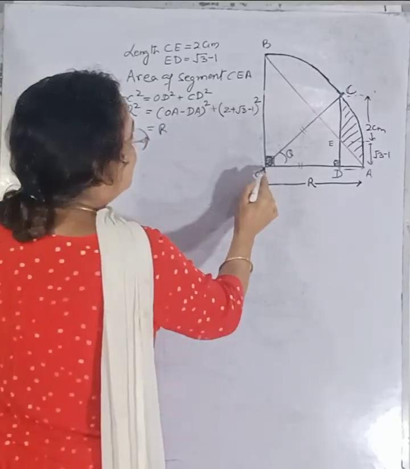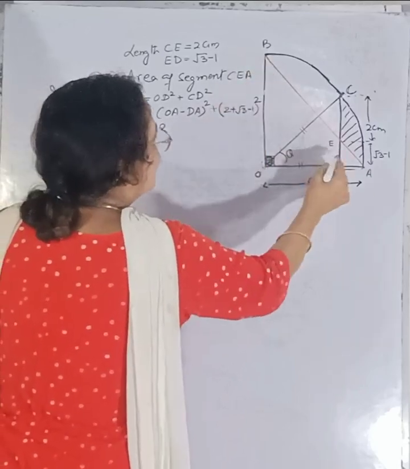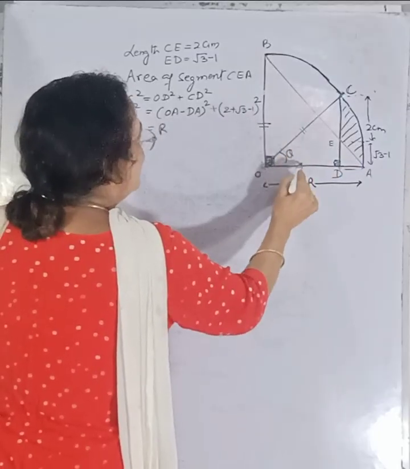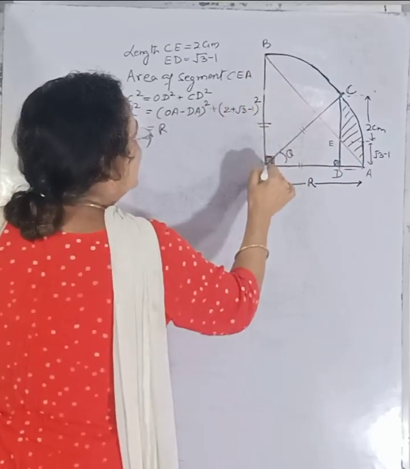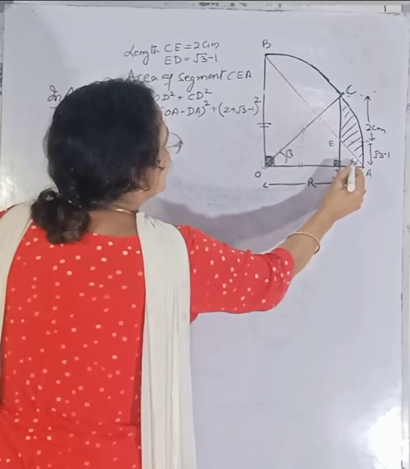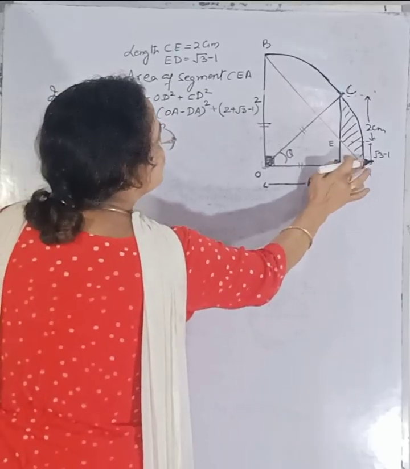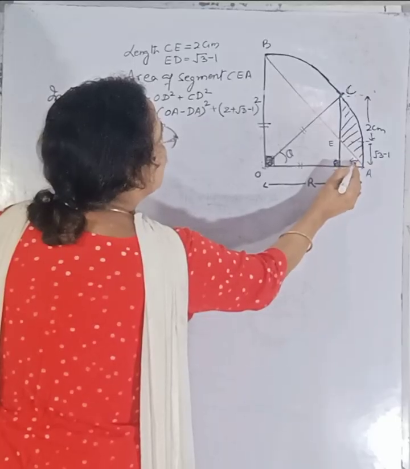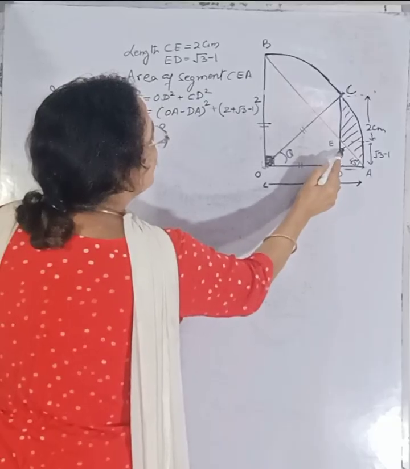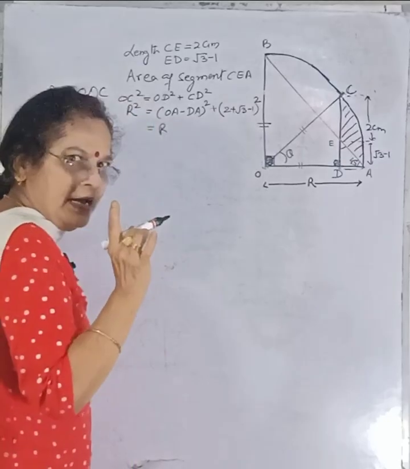How? This whole radius is R. We join B and D. So this arm is the radius R, this is the radius R, and this is 90 degrees. It means this angle will be 45 degrees. If this is 45, it means this will also be 45 because this is 90. It means ED is equal to DA. Okay, it is very much clear.